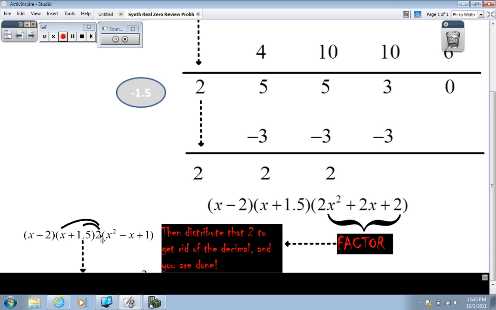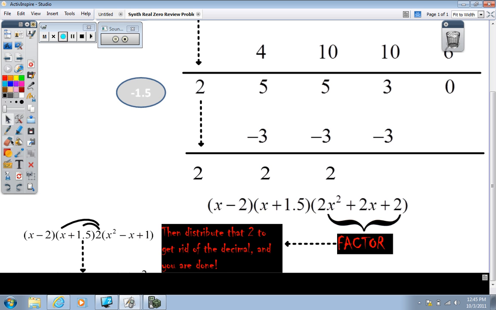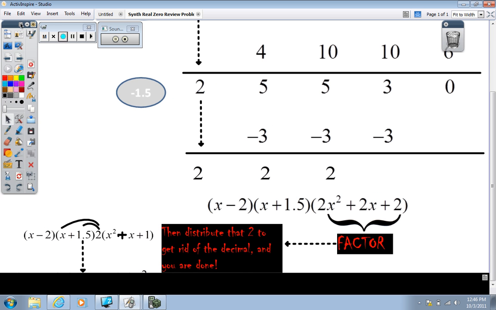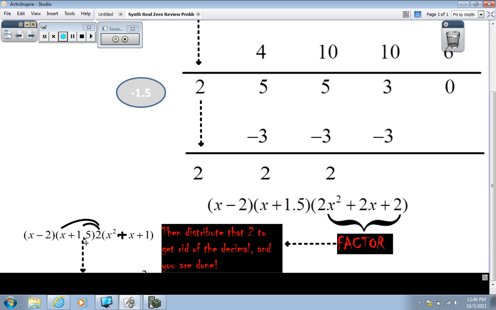So we're going to take that 2 once we factor it out, and just make sure we also have, this should be a plus right here. Okay. I'm going to take that 2, we're going to distribute it times 1.5, distribute it times the x,